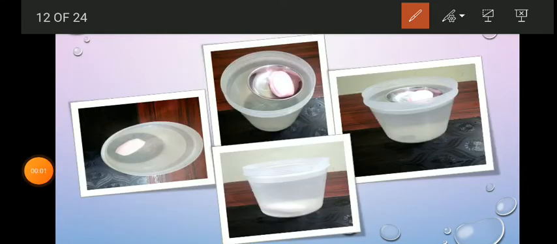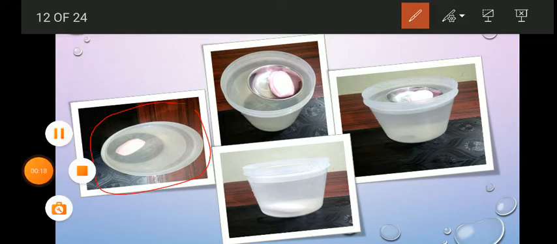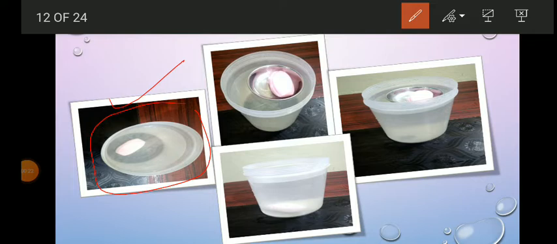Children, you have seen that the soap cake sinks in the water, but the same soap cake, when we place it in the steel bowl, starts floating on the water. So now you can understand that here the weight of the water displaced is lesser than the weight of the soap. That's why the soap starts sinking in the water.